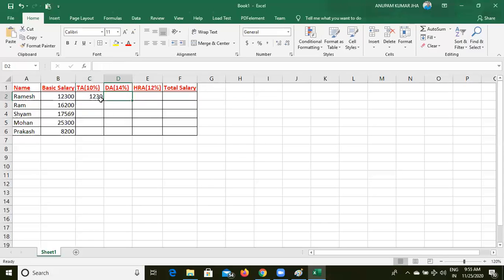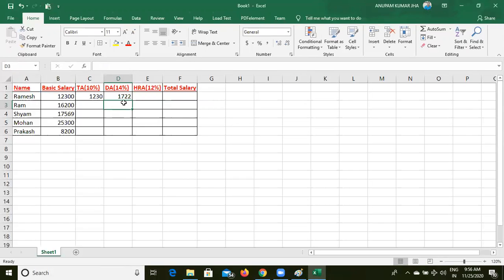Now I am going to copy this one and paste here. See, here the formula came C2 10 into 12, but here we have how much? 40. So we have to update this one with 40. Now press enter. Okay, like that. Equals to 14 means 14 multiply with B2, close this one. Now divide by 100, press enter.